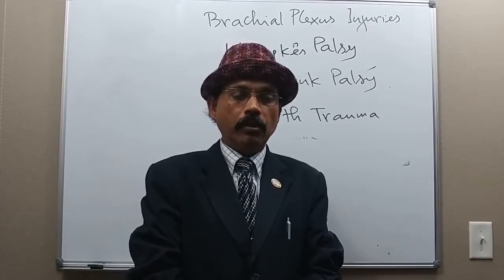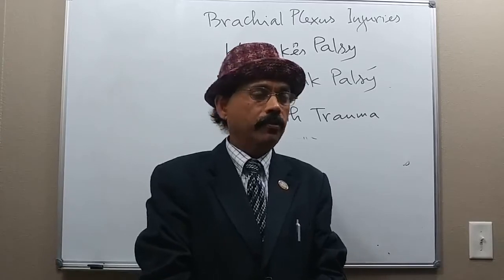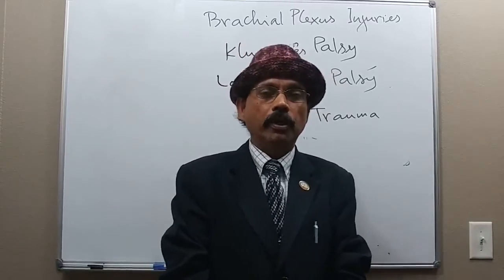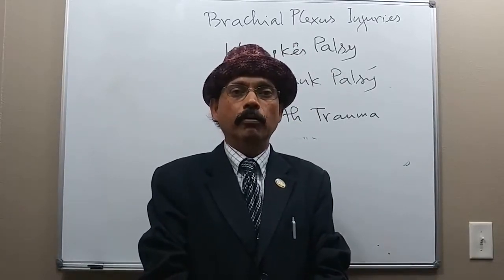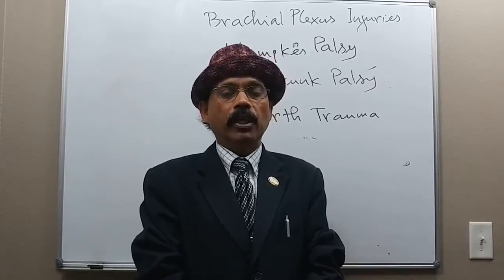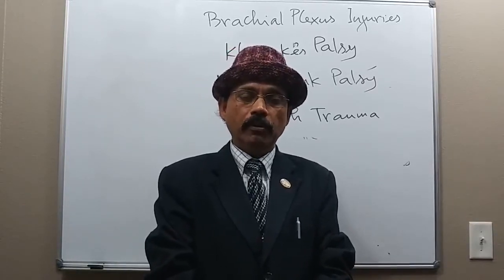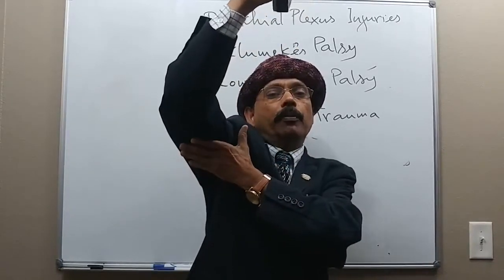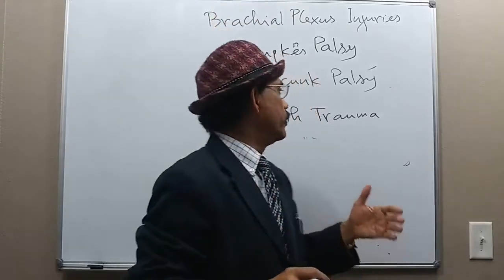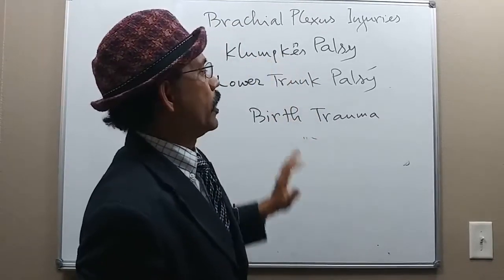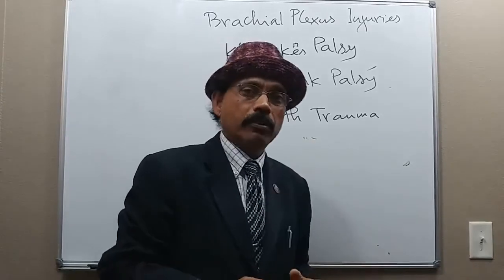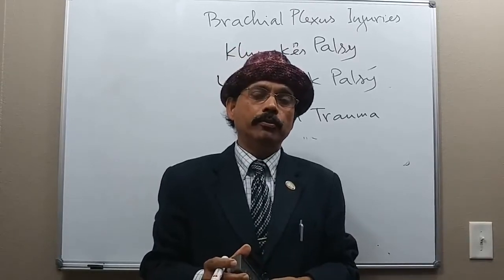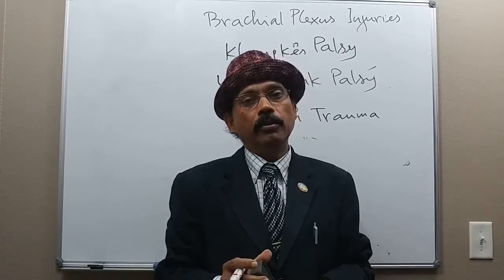the lower trunk of the brachial plexus, or a person is falling from a tree top, and luckily he was able to hold a tree and he was able to break the fall. Due to sudden jerk, there will be excessive angulation between the upper arm and the chest that will lead to Klumpke's paralysis. So birth trauma may lead to Erb-Duchenne paralysis, or it may lead to Klumpke's paralysis depending on the